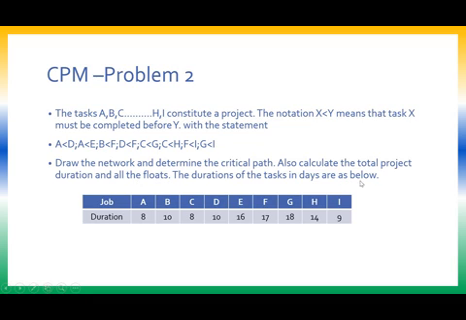The durations of the tasks in days are given below. In the previous problem, activities were given as 1 to 2, 1 to 3, 1 to 4, and so on. But here they have given it as A, B, C, D. So write it as it is first. Job A, 8 days, job B, 10 days, job C, 8 days, job D, 10 days, E, 16 days, F, 17 days, G, 18 days, H, 14 days, I, 9 days. So first these two columns I will write as they are,